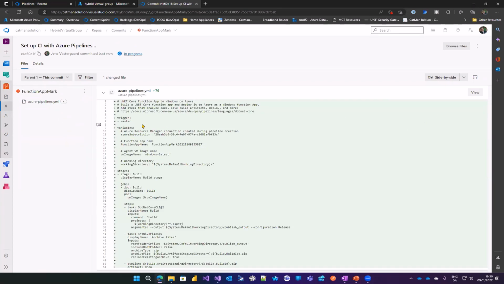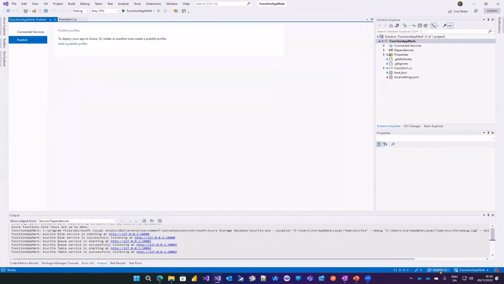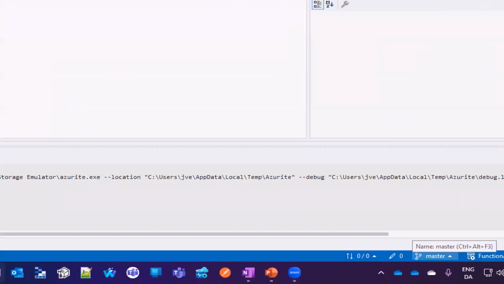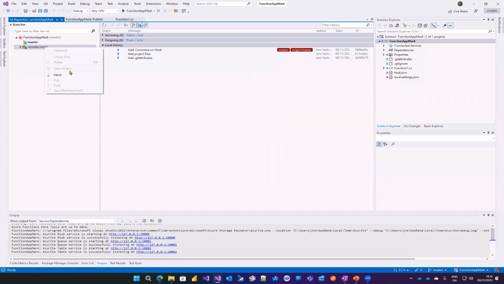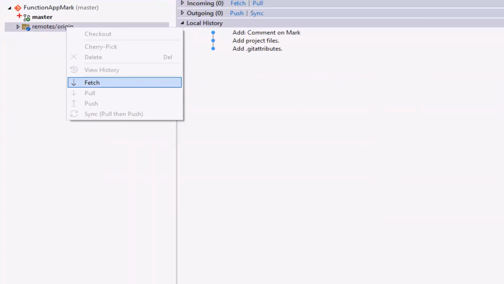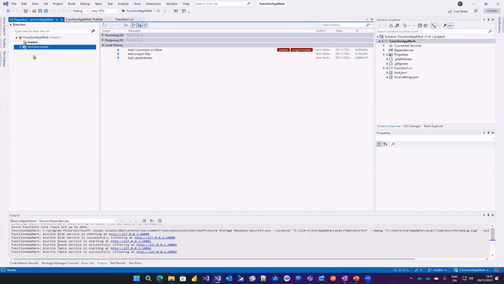So actually now, if I go back into Visual Studio, this file will not be part of the project. And I can go in and say, so I'm on the master branch. And the master branch doesn't have this YAML script yet, because currently it's just living in development, but I actually have a way of reaching that. So currently we can see locals, there are master and remotes origin master. But if I go into manage branches over here and select fetch on the remotes origin, it will actually pick up that there is a new branch out there,